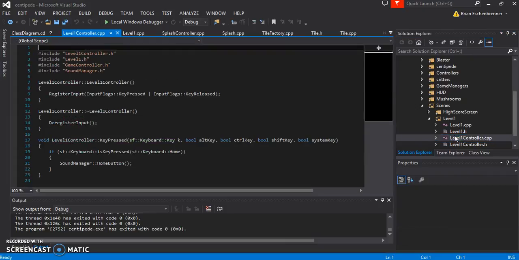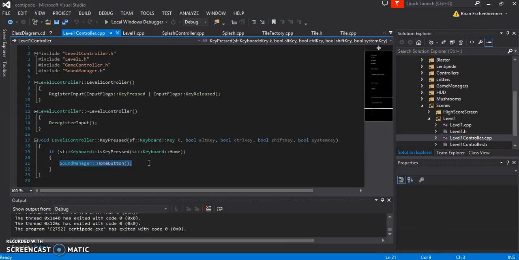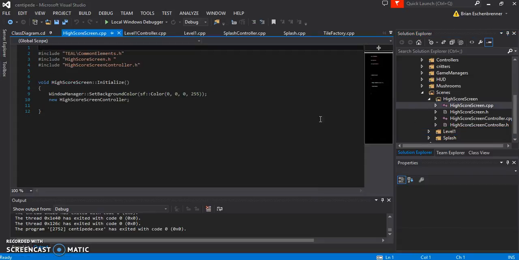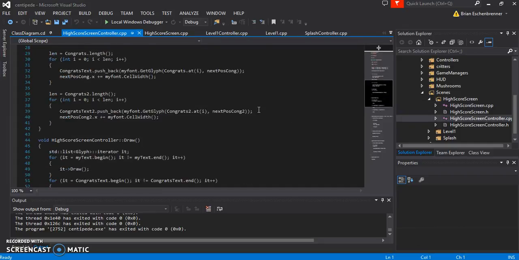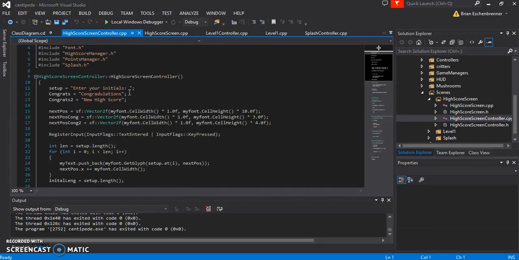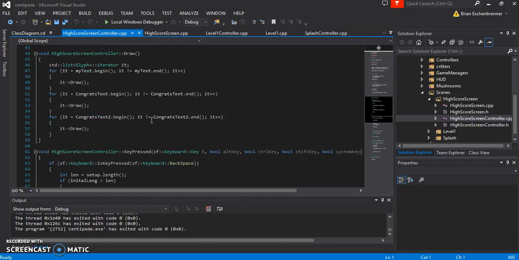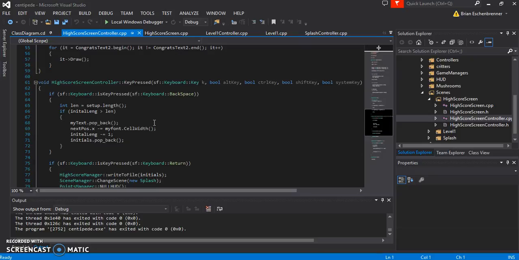And then, like before, the controller is just checking for the home button to make sure you want to mute the game. It can do that for you. And the final screen would be my high score screen. So for the high score screen, literally all it loads is the high score controller and a black background. The high score controller is just gonna be creating those couple text lines to throw those in there in the draw, and then the